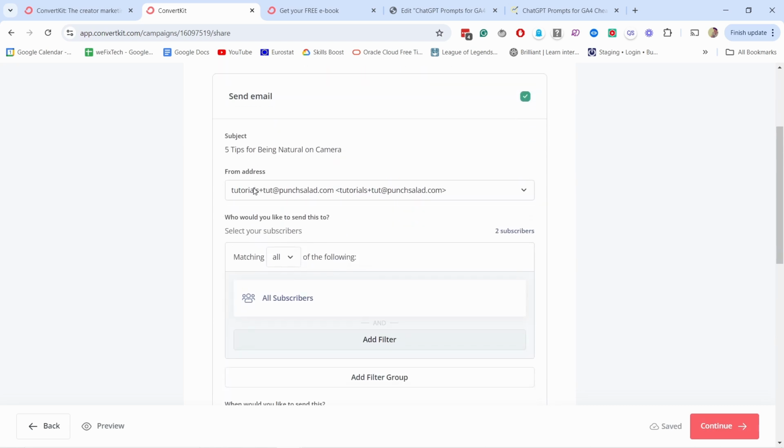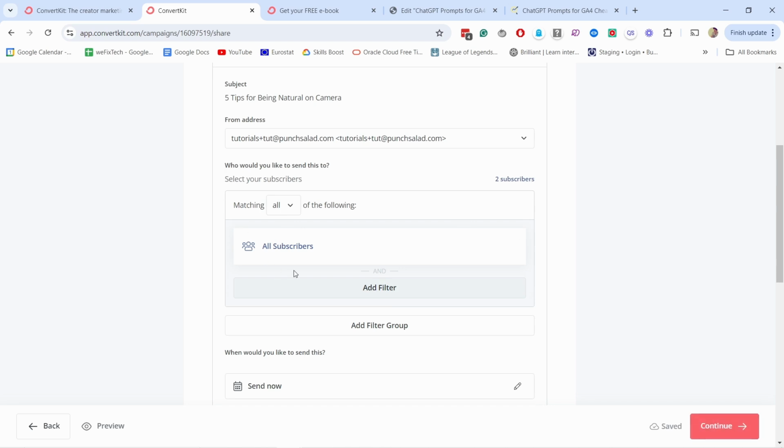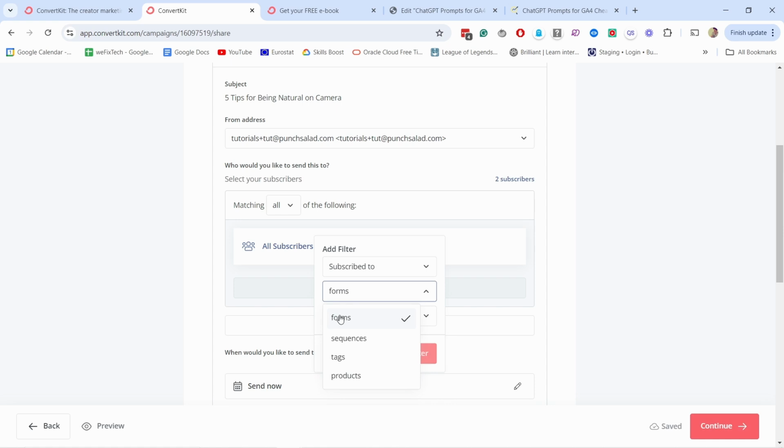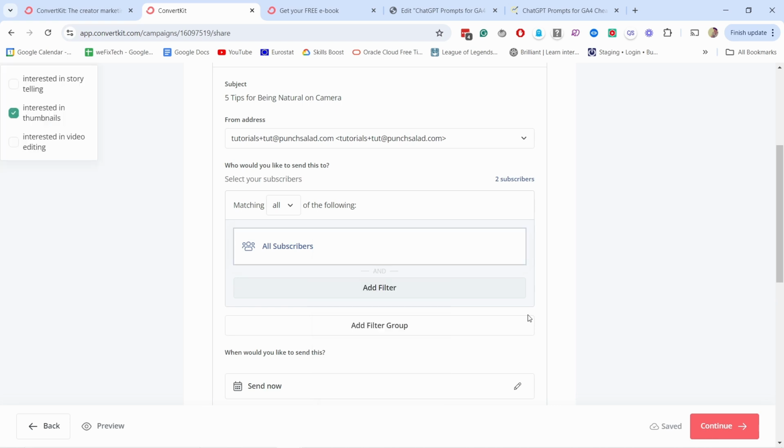So it gives us here from address, and then we can also target people from here. So let's say this email would be a little bit special. I'm not sending it to all subscribers, but instead I'm going to select from here, subscribe to. You can say forms, or we can also just select tags. And in this case, I want to send it to interested in thumbnails. All right. Oh yeah, and you need to click on the add filter. Otherwise it doesn't add. You can see this updated from 2 subscribers to 1 because there's only 1 subscriber to